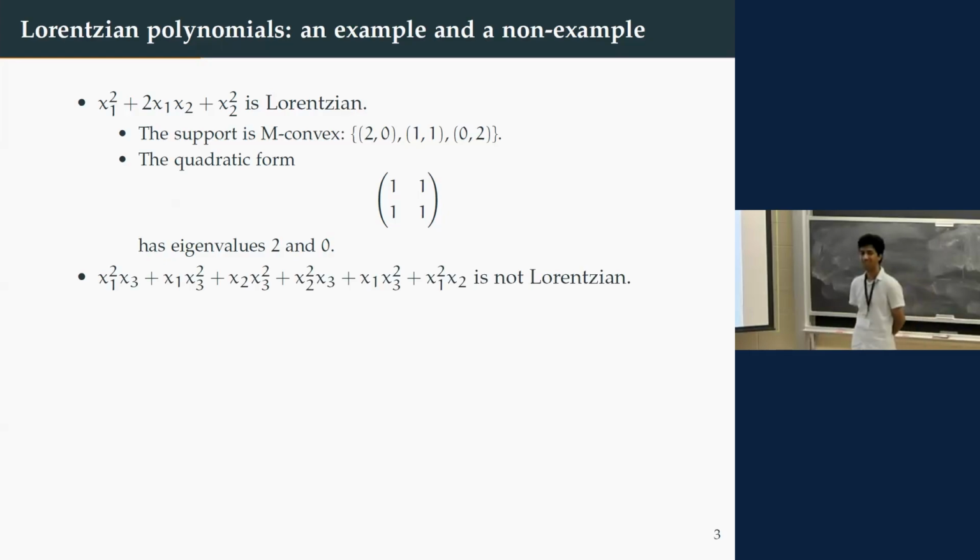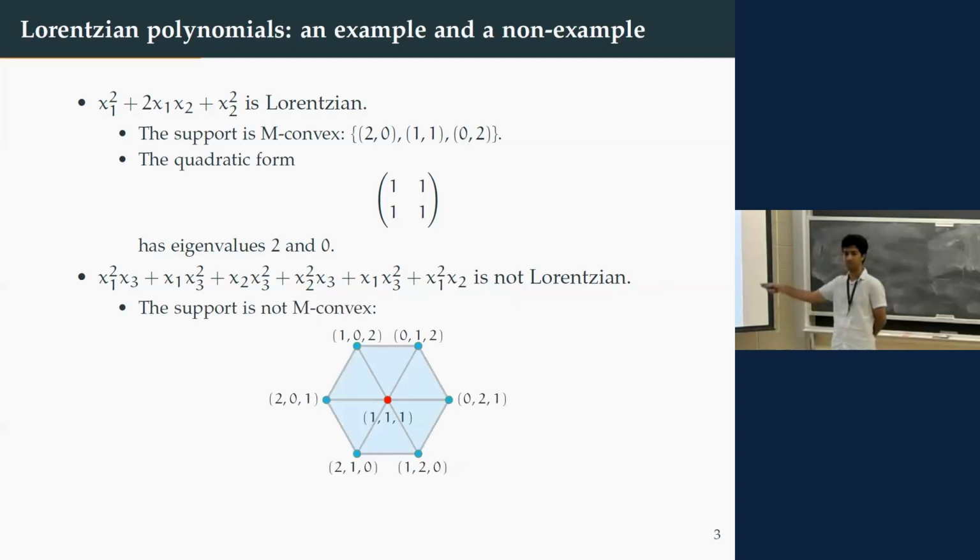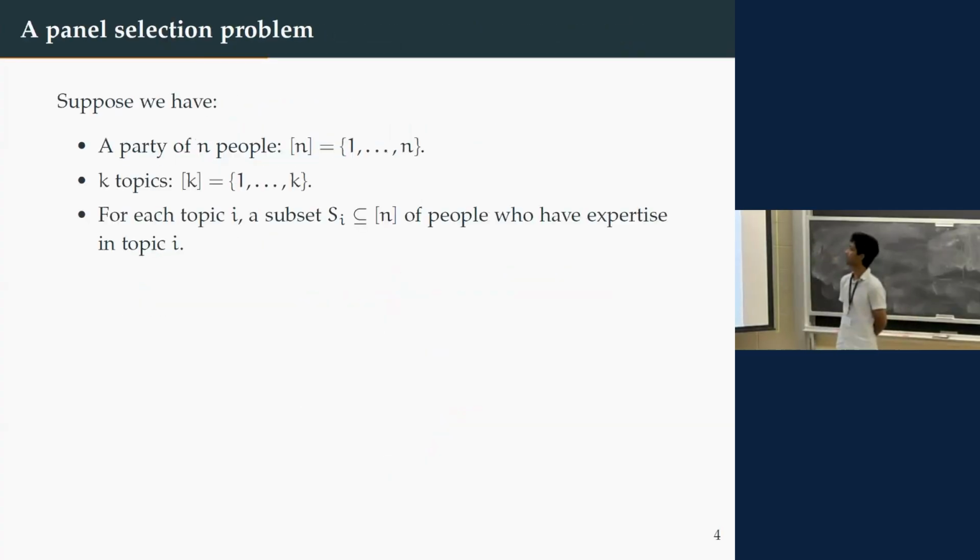The second polynomial here is not Lorentzian. How do we see that? Okay, so we can see that by just checking its support. Turns out that this polynomial does not have the center point in its support, which is it. All right. So with the definitions and examples done,